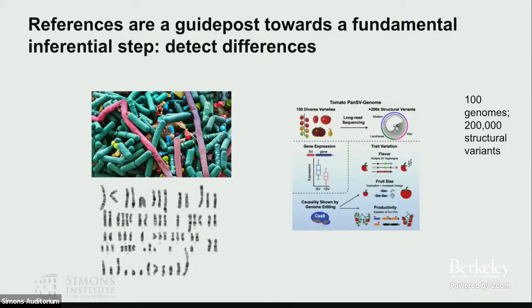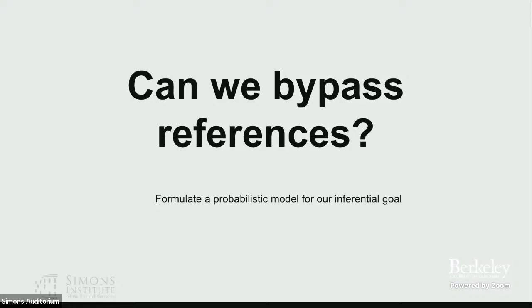So, for example, in cancer, we might want to align to a reference genome so that we can then perform statistical inference on what is different about the cancer versus the normal. Or in a microbiome, we might want to perform inference on what is different after you have been treated with antibiotics or not. In the case of plant genomics, we might want to perform inference on whether this crop variety is better resistant to drought or makes better fruit. Okay, so reference genomes enable this kind of scientific inference, which is really powerful, which is great, but